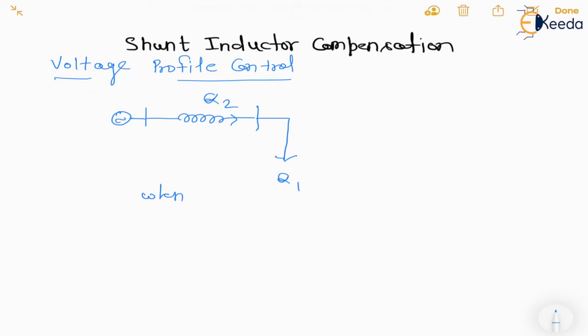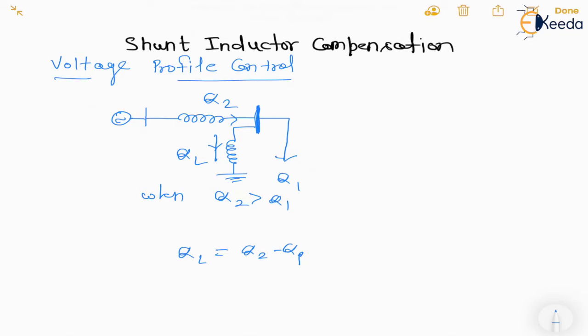When Q2 is greater than Q1, meaning the supply is greater than the demand, then what will happen? The reactive power amount will be in excess here. Then what we can do is provide an inductor. So we can calculate QL. The QL value will be equal to Q2 minus Q1 in this direction particularly.